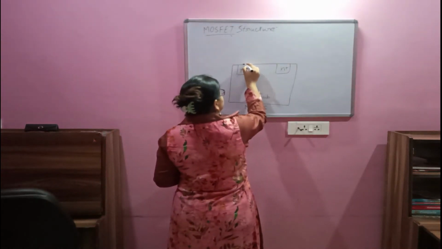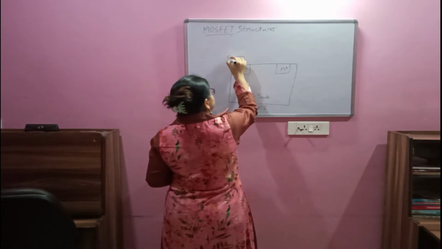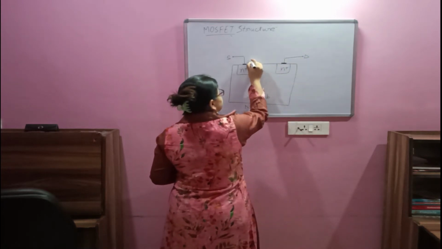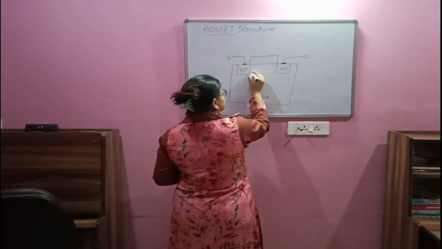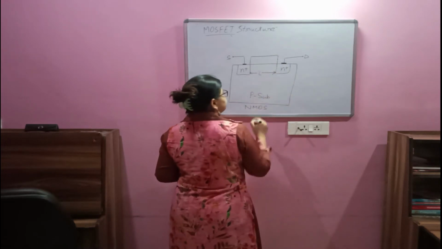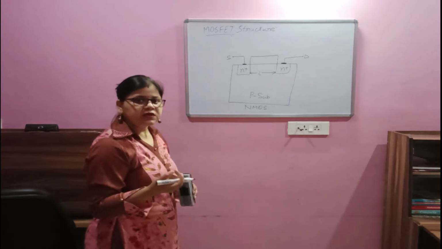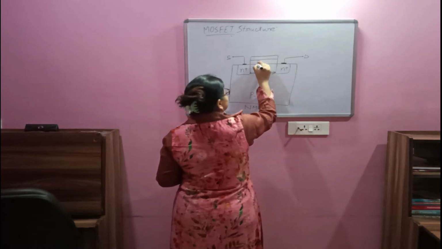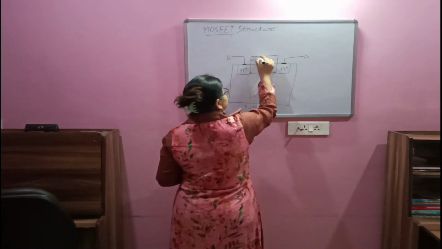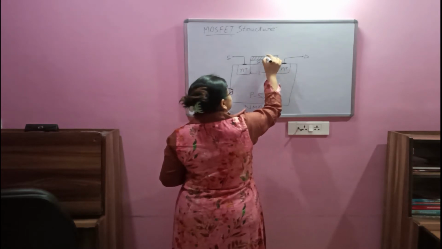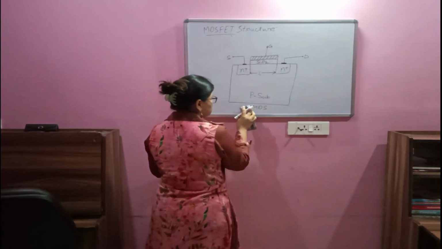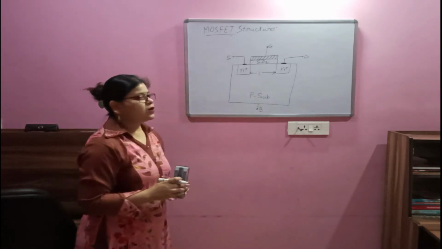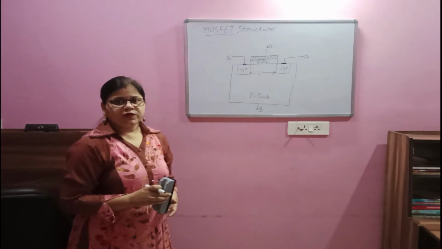These diffusion areas represent the source and drain region of the MOSFET. This is a metal contact over here. This is, suppose, the source, and this side is the drain. In between source and drain, a conducting channel is formed, whose length is given by L, the gap or distance between the source and drain. Above this we have a SiO2 layer, which is an insulating layer, and a metal gate. This is a metal gate, and here this is the bulk terminal. So this is how the 2D structure of a MOSFET looks.